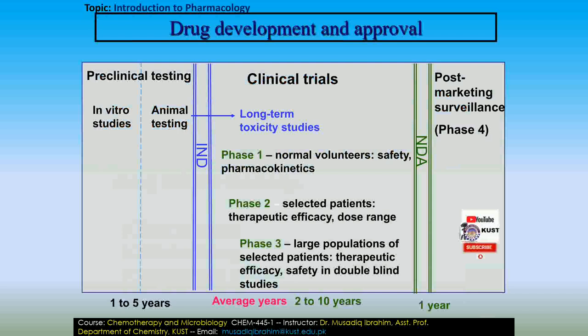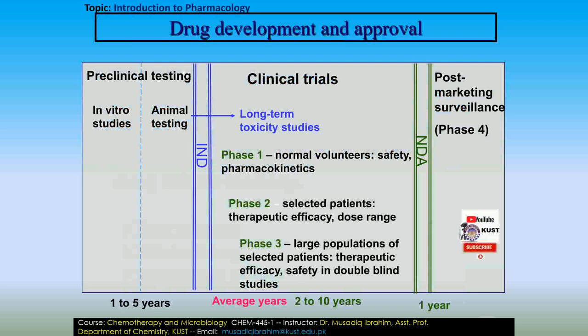So now about drug development and approval. If you think about drug development and approval, it is a very long process and it takes about 10 to 15 years so that the drug can be approved and utilized by the common public. So first of all is the